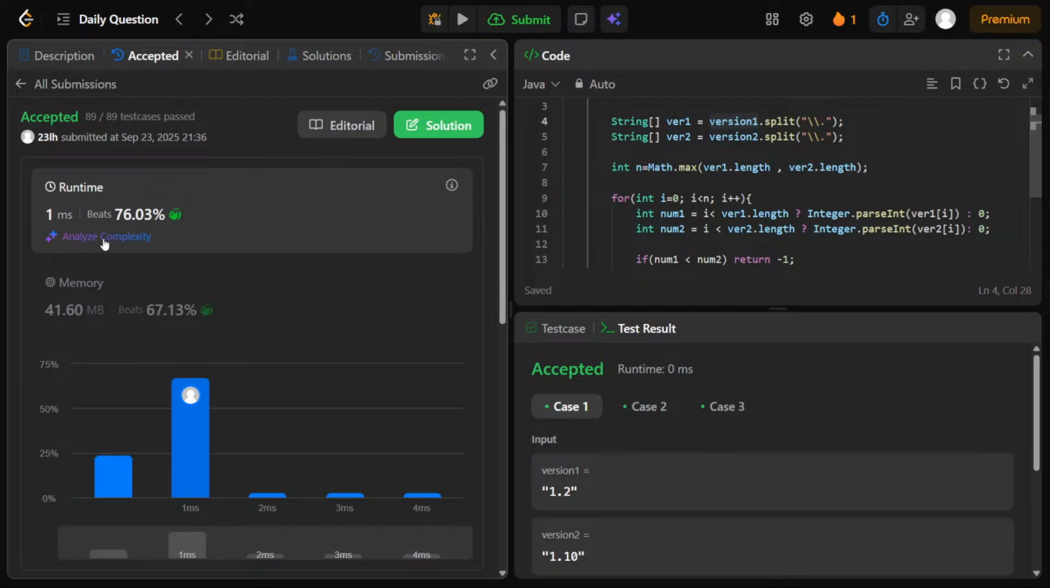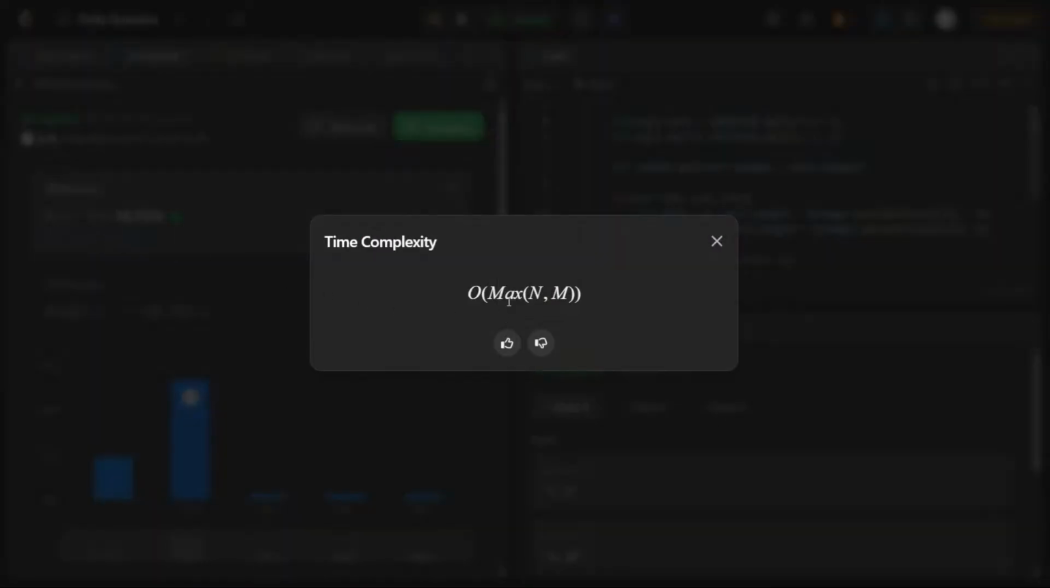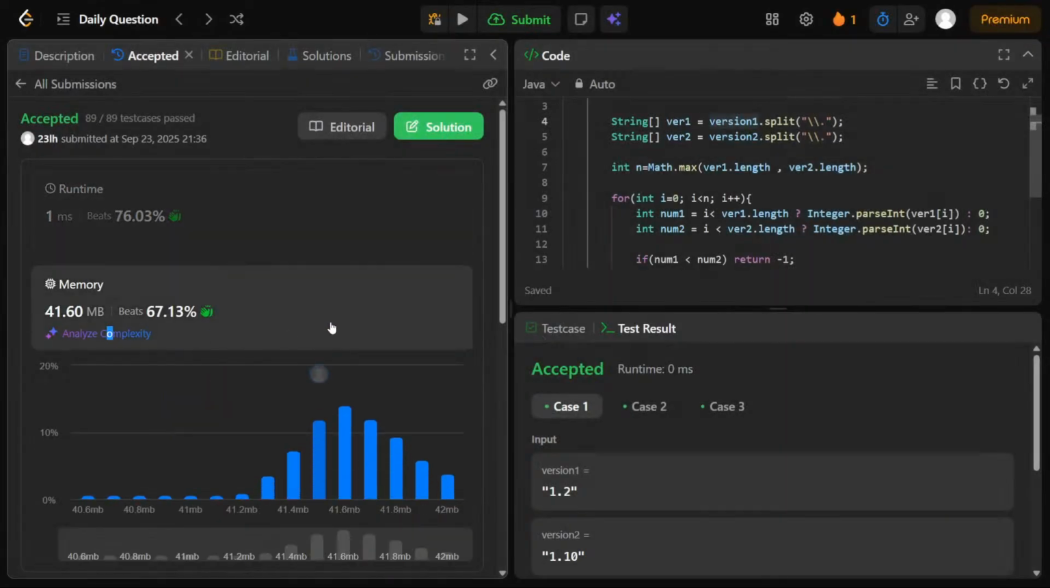The time complexity is maybe O(n plus m). Let's analyze time complexity. Why? Because of Math.max of n comma m, that means O of n or m, you can say that. And the space complexity is